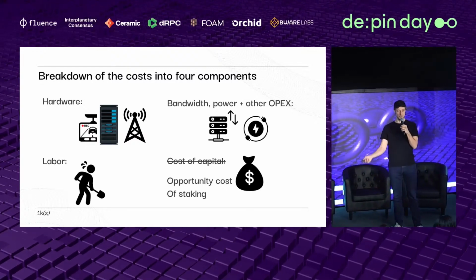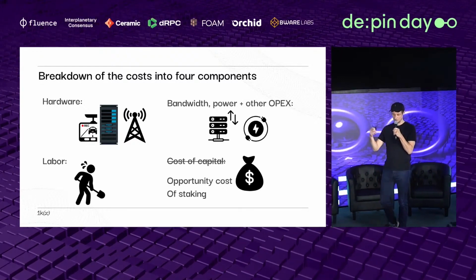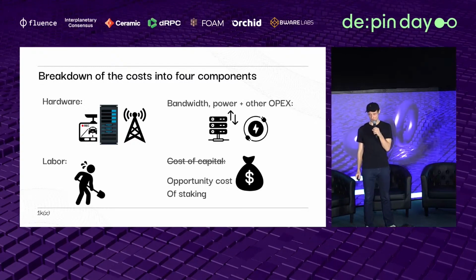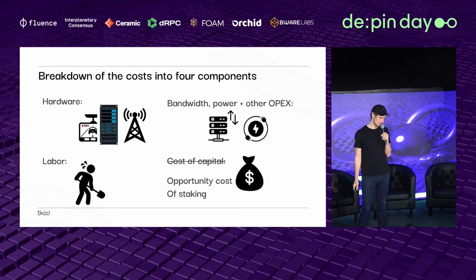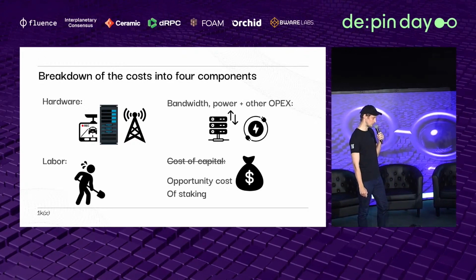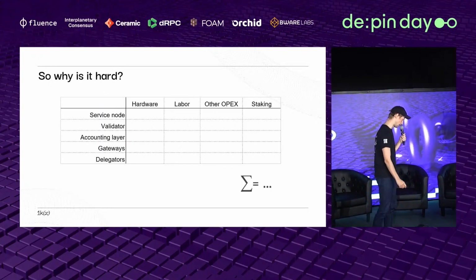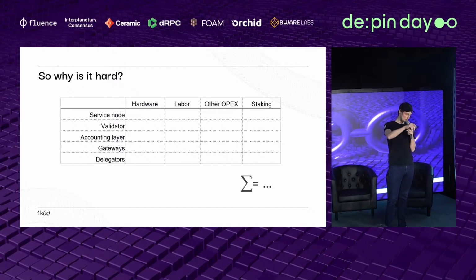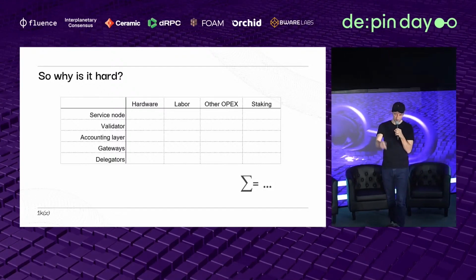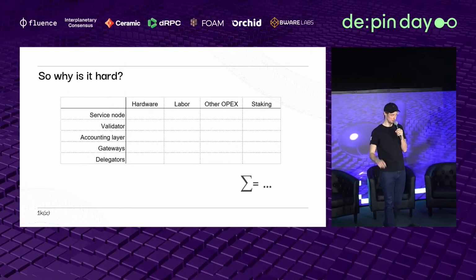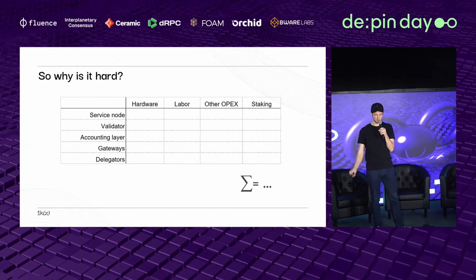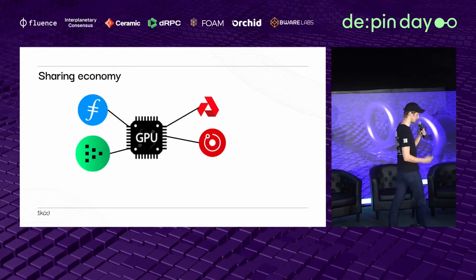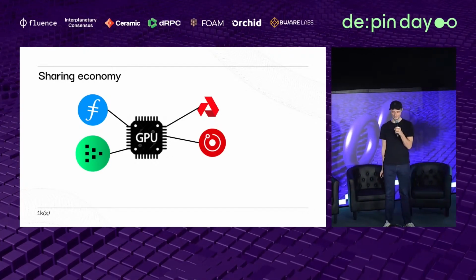But if this were not a thing, then I would ask, why is all this LST, LRT hype going on, right? So there must be something to it, that this securitization of the network via staking is a potential cost factor. All right, then, technically we're done, right? We have the roles. We just go row by row and say, what's your hardware cost? What's your labor cost? Other OpEx, staking. Try to assess a dollar value per month, sum it up. Here we go. But of course, it's not easy. Lots of caveats. I'm running through those just in the interest of time.